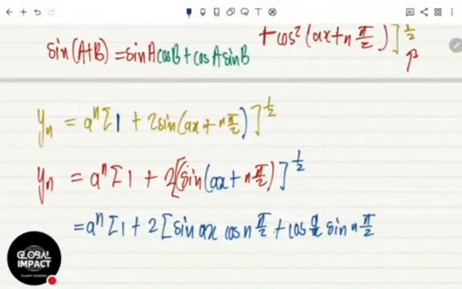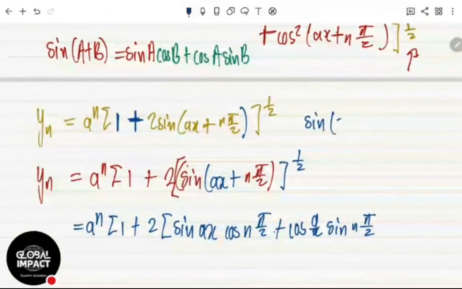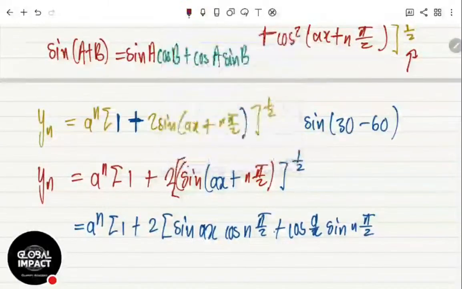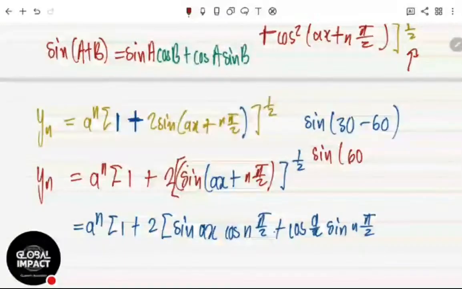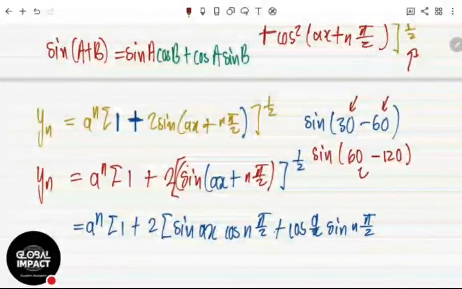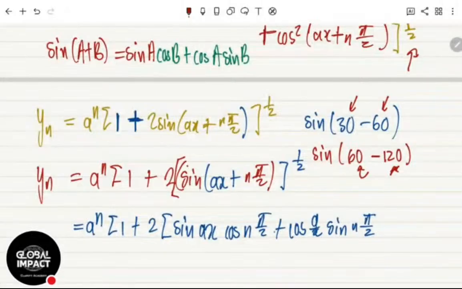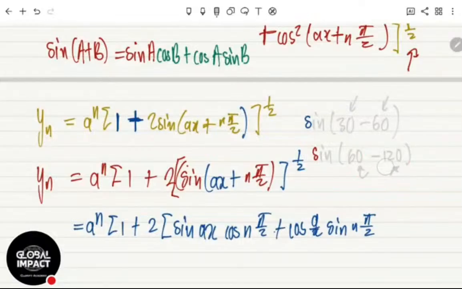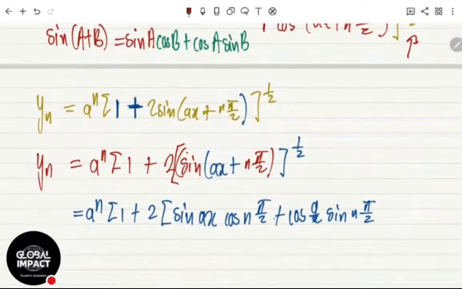Okay, let me do it on this stage here. Let me teach you on this stage. If I have an angle, let's say sine of 30 minus 60, I'm just giving an example. This can become the same as sine of 60 minus 120. What can you do? You can double these individual things, and you should still get the same answer. Try it around and tell me if you get the same answer. You should, if you double them, try it and tell me.